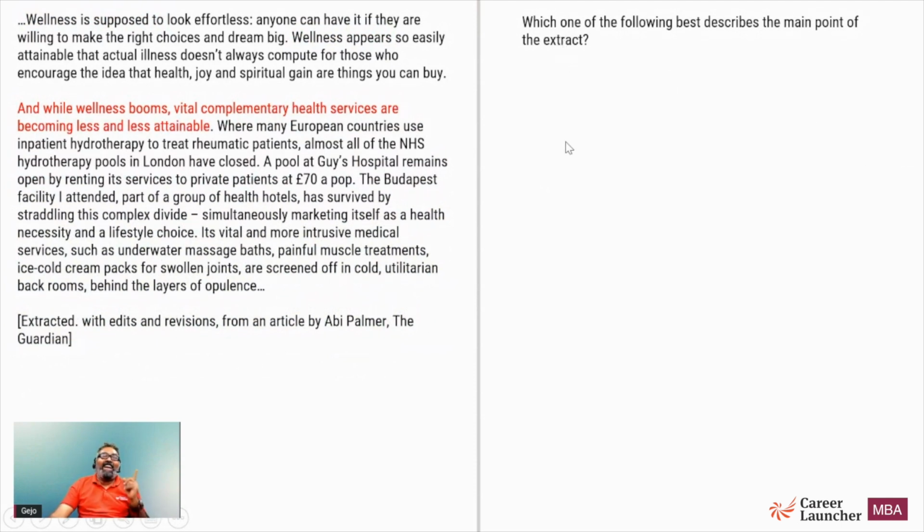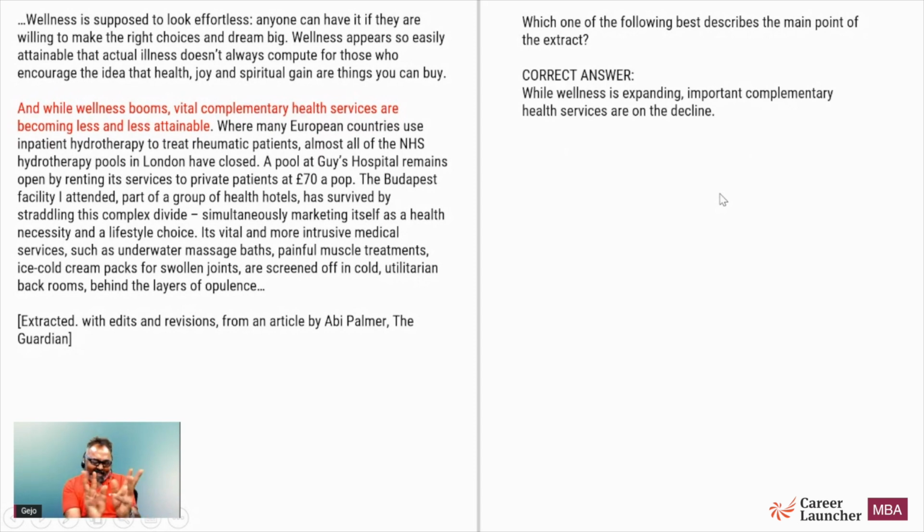Now we have to create the correct answer. We know this is the sentence, but we can't just copy paste this sentence. We'll have to do some slight